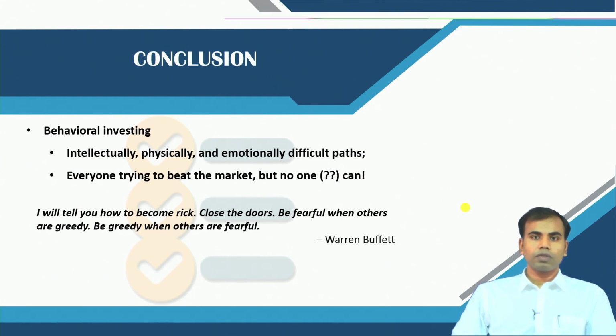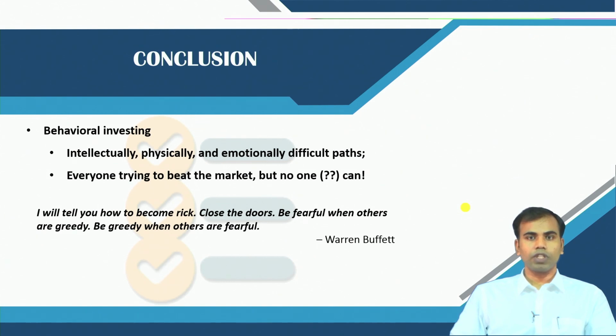With the help of understanding loss aversion and other biases associated with it, such as endowment effect or risk aversion, we could implement it in our decision making process through any of the behavioral investing approaches as discussed in this session earlier. Basically, the choice of an individual to go for an intellectually, physically or emotionally difficult path to investment can be improved with the help of exercising self control and mental accounting in a positive way. So, when everyone tries to beat the market and you are taking psychological factors or behavioral biases into account before making a decision, you would probably have an edge over others who are just taking the decision based on the